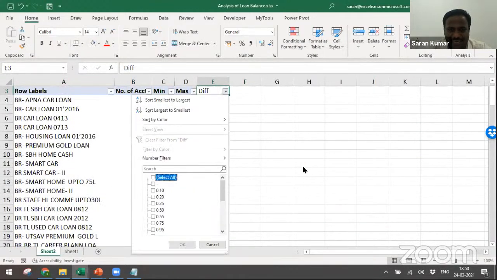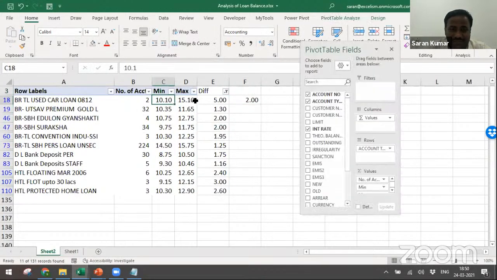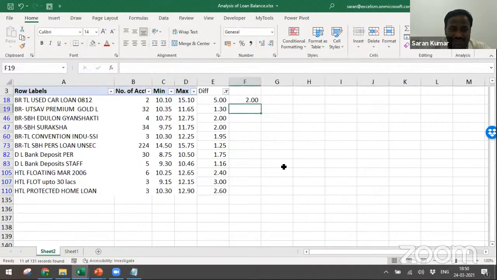Just go here. Yeah, even now here 5.3. Earlier data was a little cooked up. So now see, there are two accounts. Let us verify both the accounts because one account is 10.1, the other account is 15.10. So in this case, not very big. So 32 accounts are there, maybe almost nearby, so it's okay. Based on the CIBIL, maybe 0.5%, 1% may go up and down. Then maybe you can take two accounts.